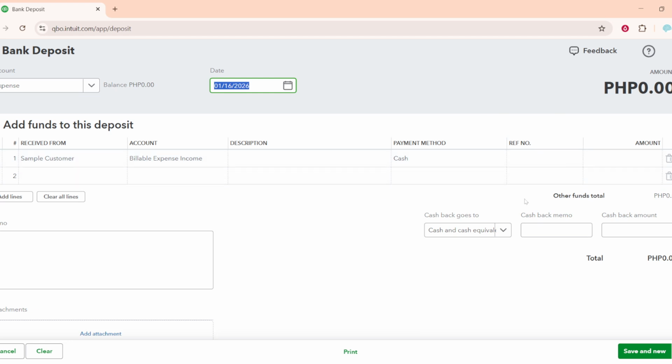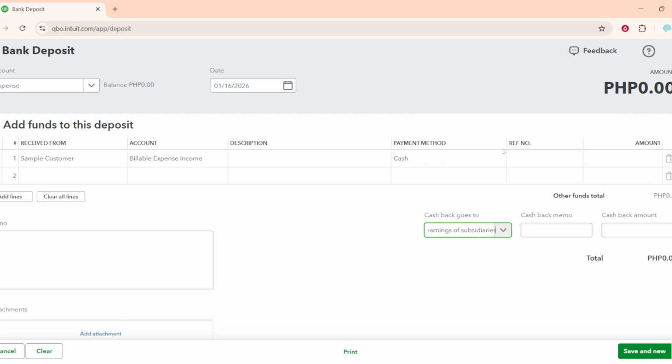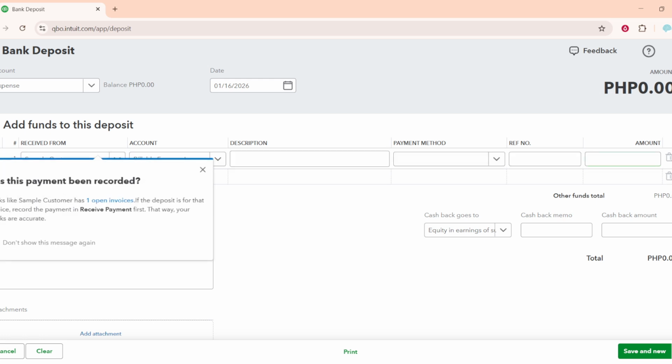If you're grouping multiple payments into the same bank deposit, repeat those entries for each payer and amount, so the total matches what you'll bring to the bank. When everything looks right, choose Save and Close to finish, or Save and New if you have more deposits to